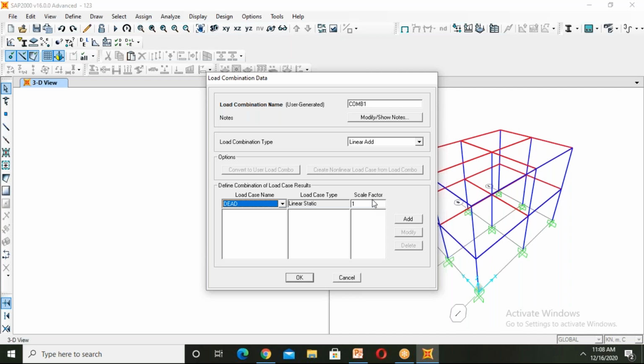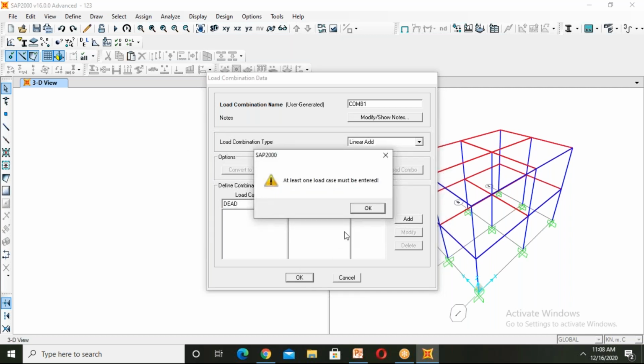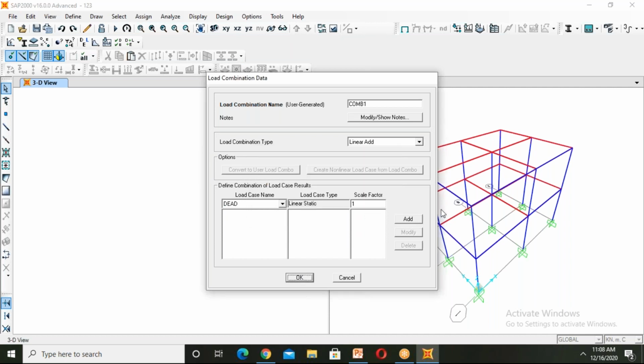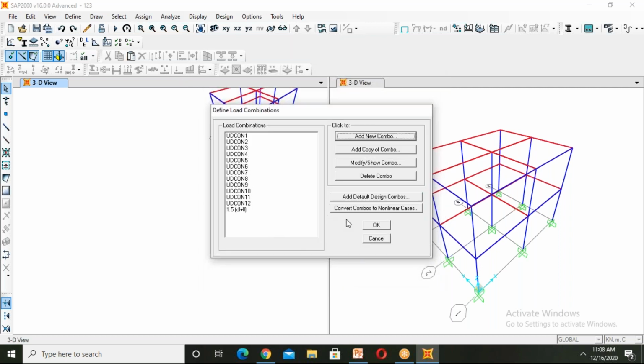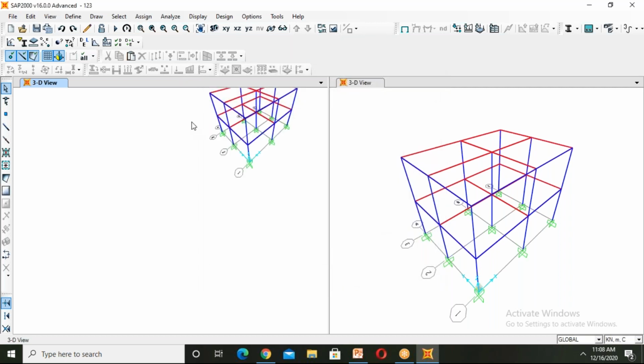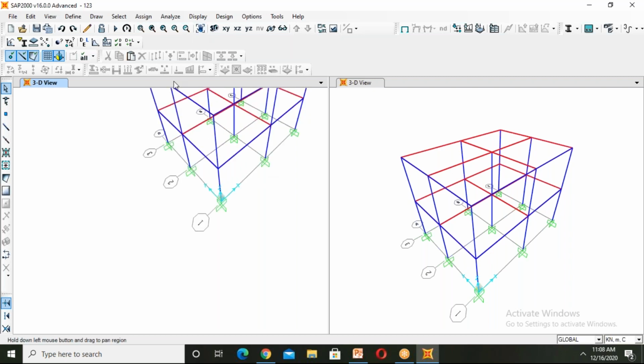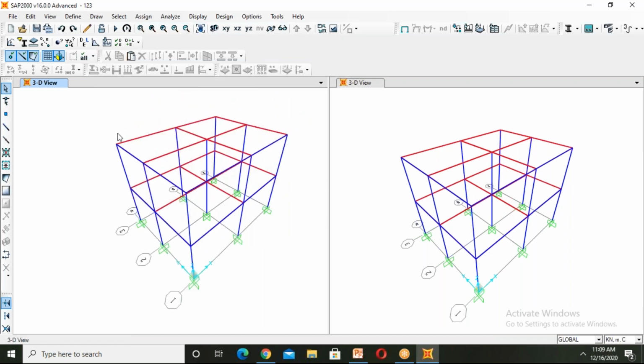So the scale factor should be 1.5. After defining the load combinations, we should assign the loads on the structure.